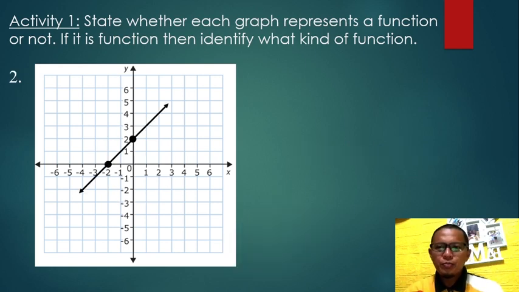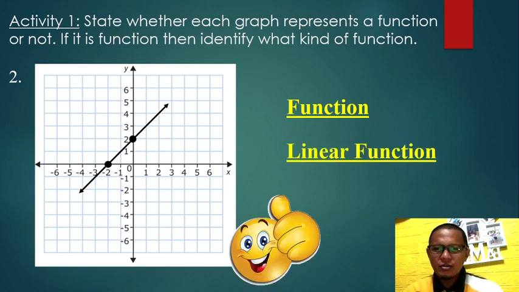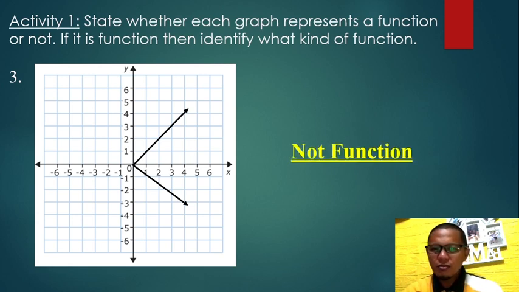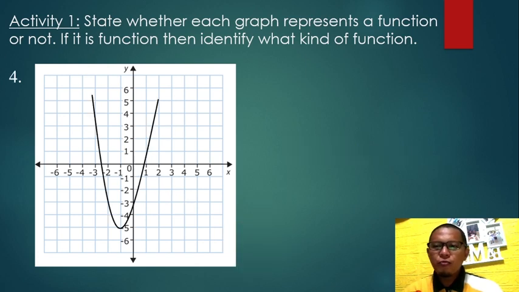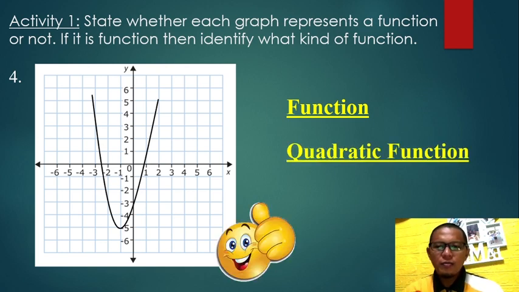Number 2, it is a function and it is a linear function. Very good. How about number 3? It is not a function. Very good. Number 4, it is a function and it is a quadratic function. That's good. And number 5,